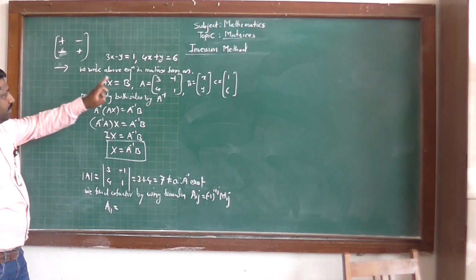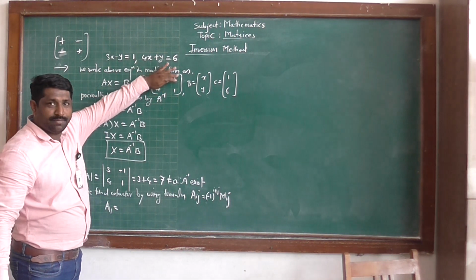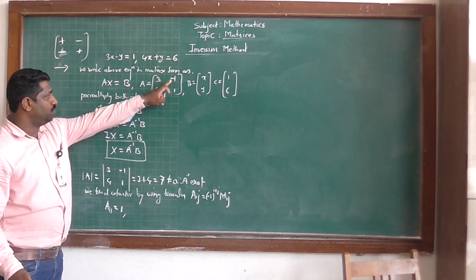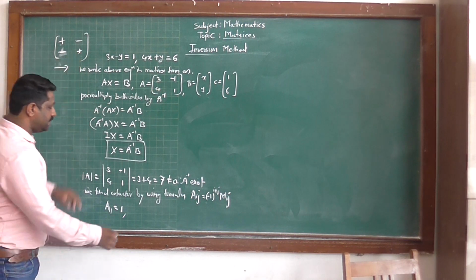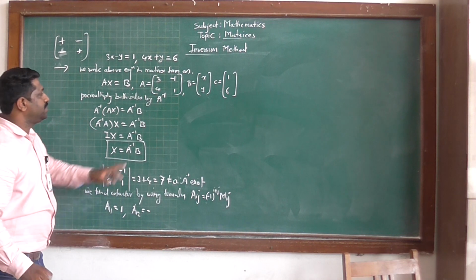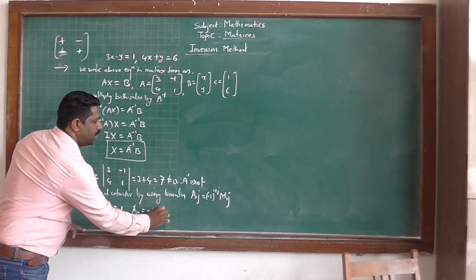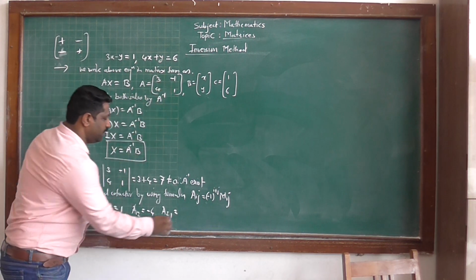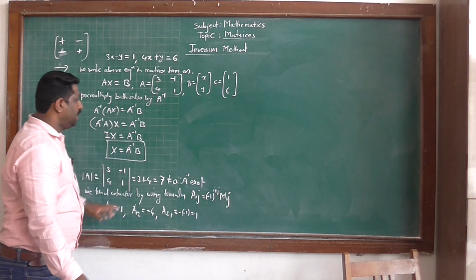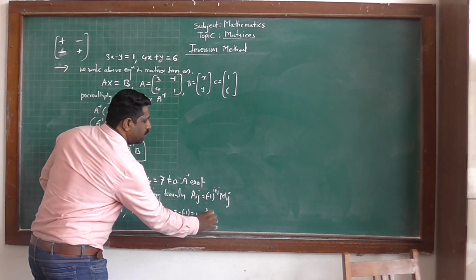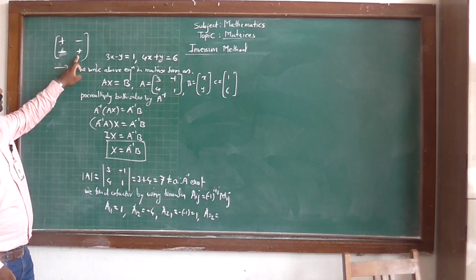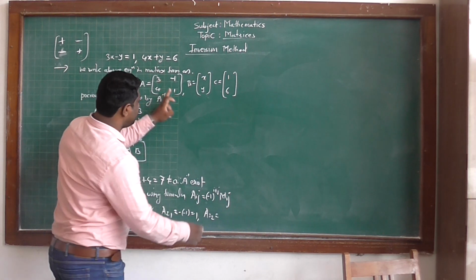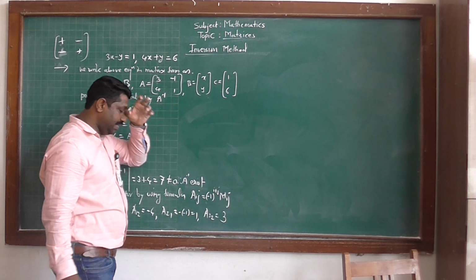So A11 is plus, its minor is by deleting first row first column, that is 1. So A11 is 1. Now A12, the cofactor of this element has sign minus, so A12 is minus 4. Now A21 has again sign minus, so A21 is minus of minus 1, that is 1. And A22 has sign plus, so minor of this one is 3, plus 3.